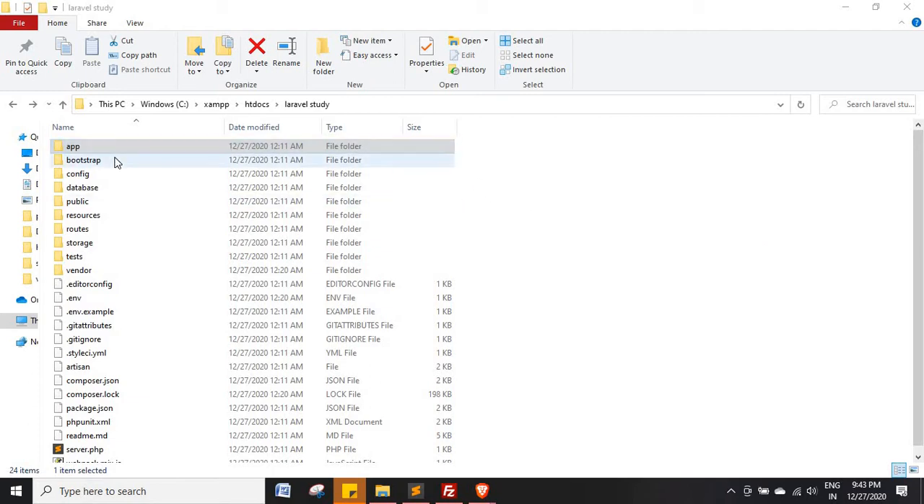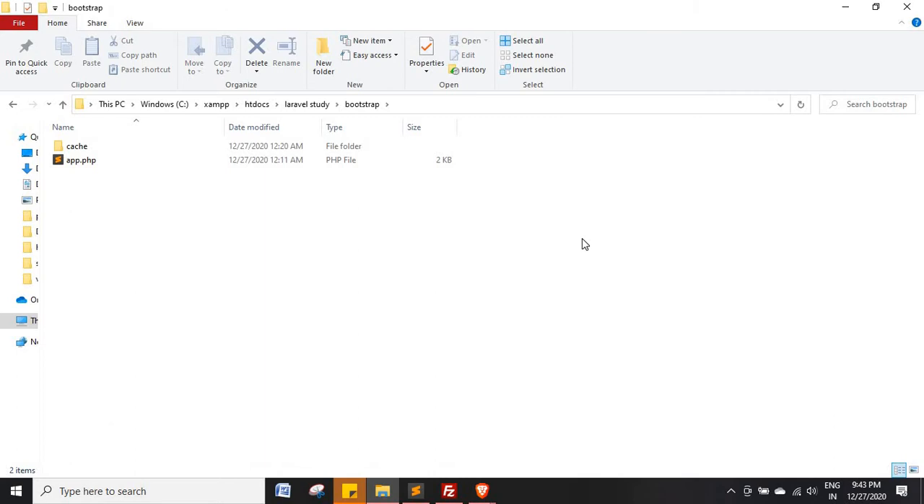Okay, now bootstrap contains a cache folder and app.php, which is basically bootstrapping your application. In this folder you can see the cache folder, which contains some files that were generated once you start working on the application. These files are created automatically and are required in order to optimize your